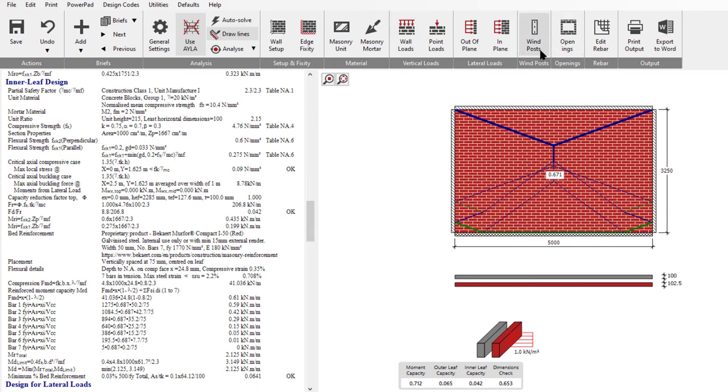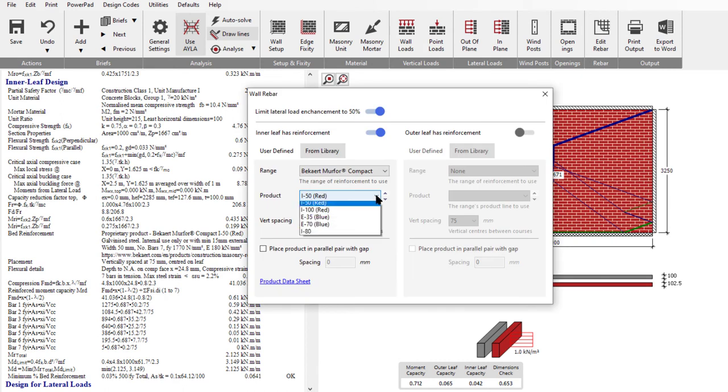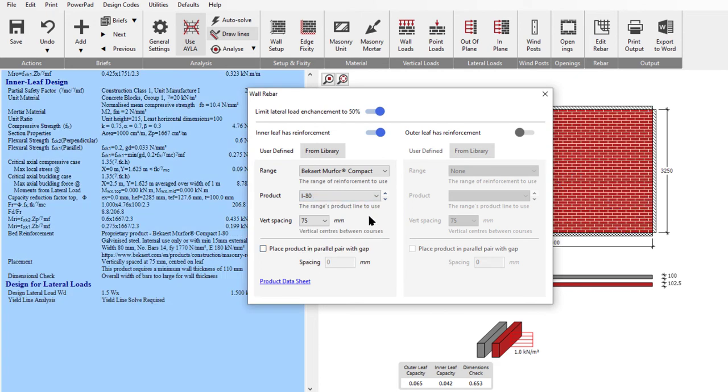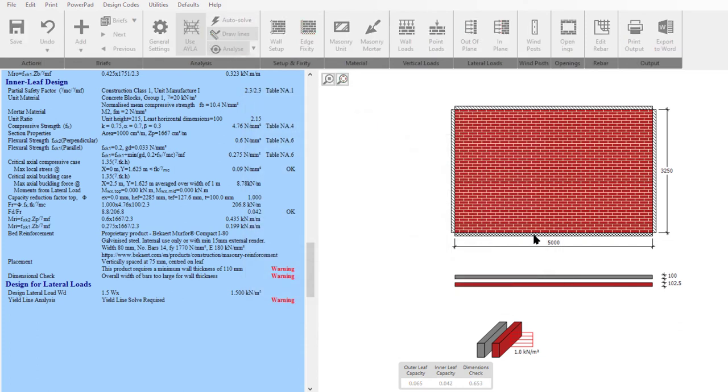If you look at it, you have the internal and the external, and then you have the special. The external, as you can see, is only going to have 30 mil between the bars, so there's not going to be a lot of bars because it needs that extra cover. And then there's the newer 80 mil internal, because it's saying, well, we're internal, we don't need cover, and that's going to really strengthen you up. I didn't realize they'd produced another product in the range, and see what that does. Just analyze, and that's going to bring us back up to an even stronger